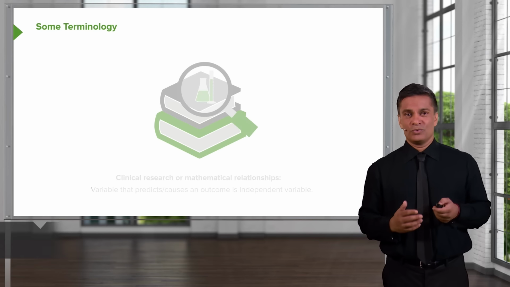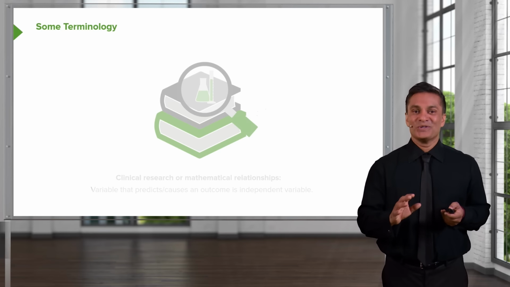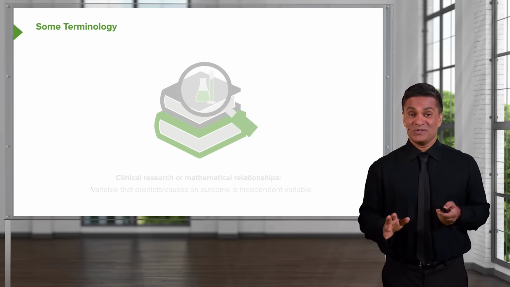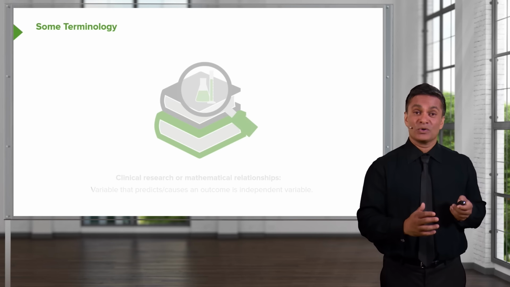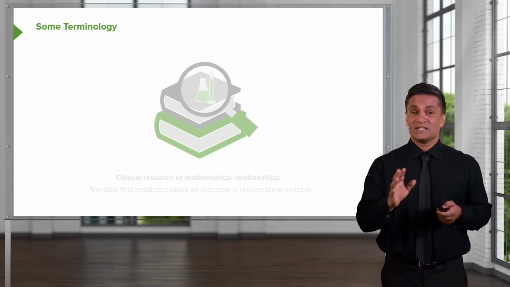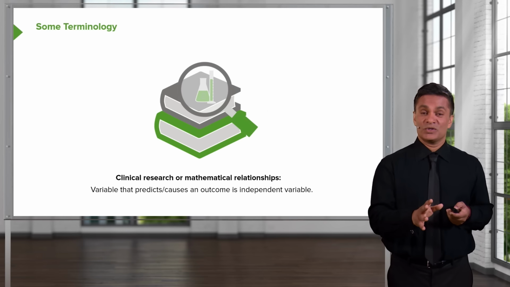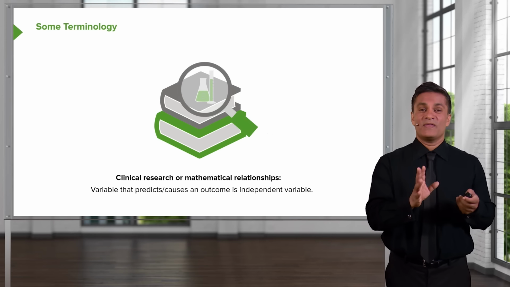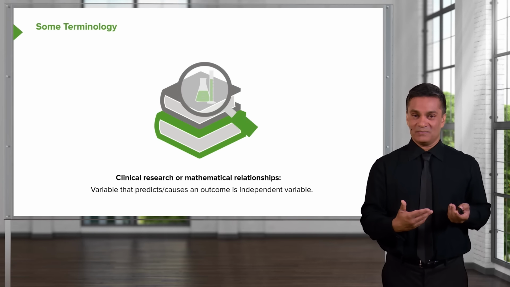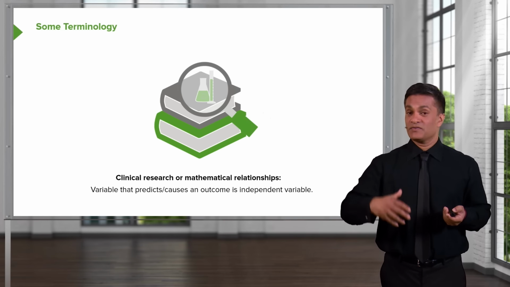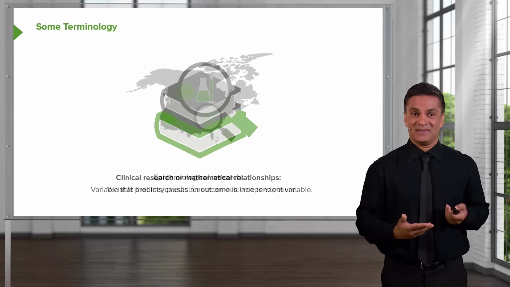So let's now change gears a bit and talk about terminology. It's important that we get our words straight before we can talk more deeply about epidemiology and how to use it. When we're in mathematics versus clinical research versus laboratory research versus epidemiology, some common concepts often have different names. So we have clinical research and mathematical relationships, and in this domain, we have independent and dependent variables. So an independent variable is free to be whatever it wants, but it determines the value of dependent variables.